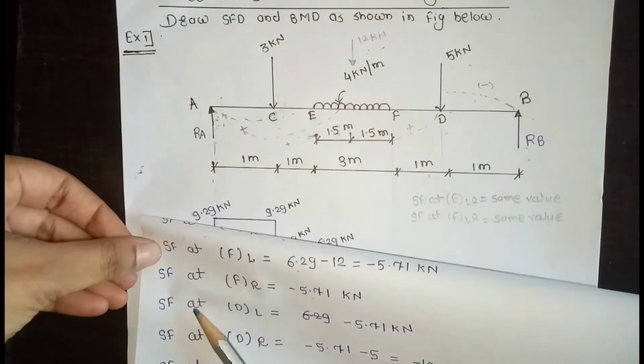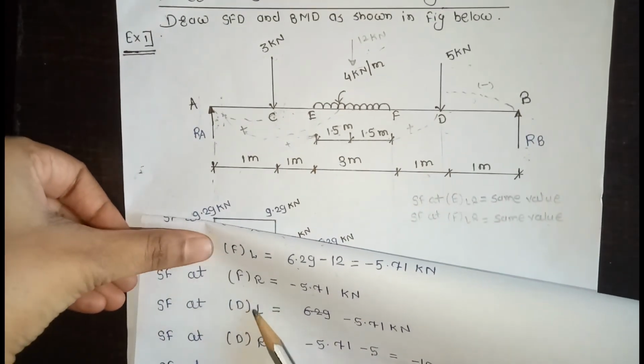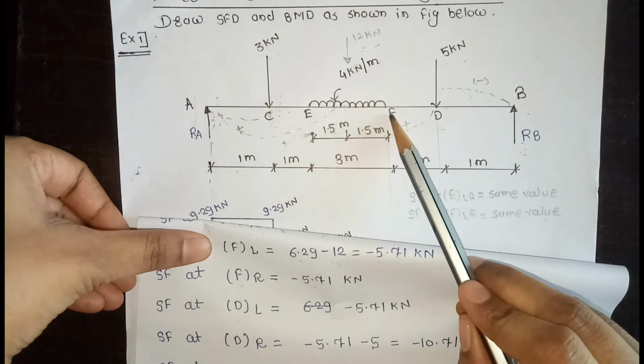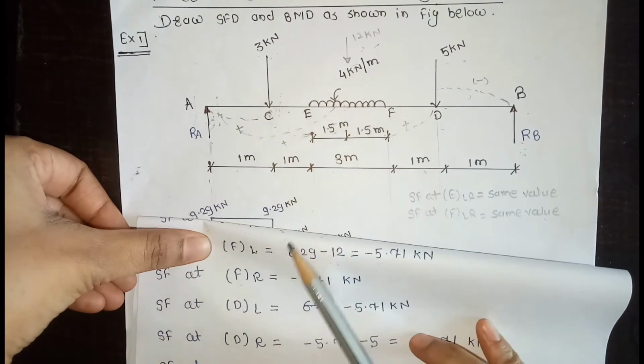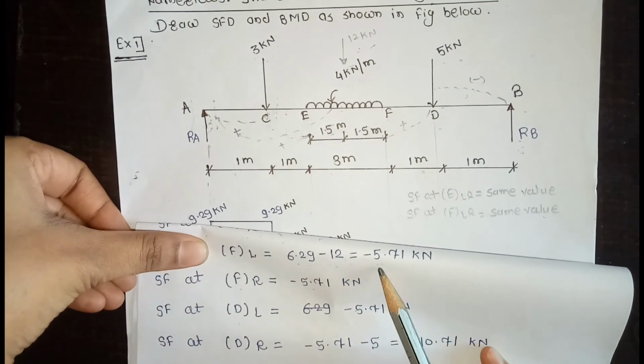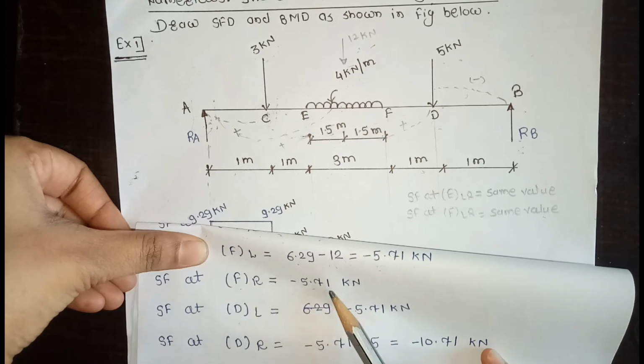Then SF at F right, there is no force at its own point, so minus 5.71 as it is